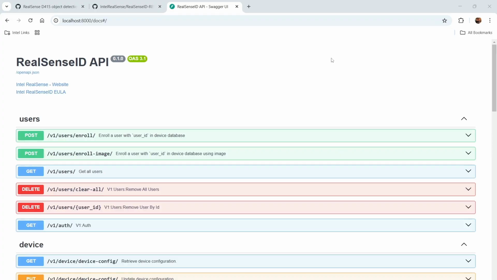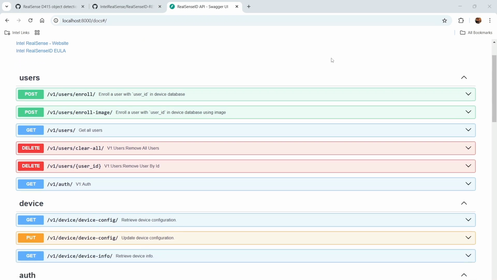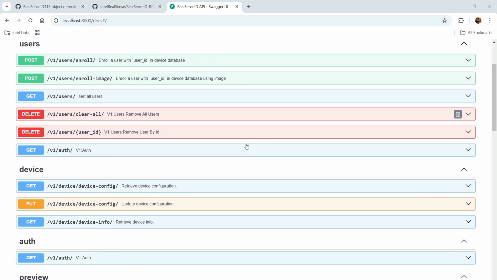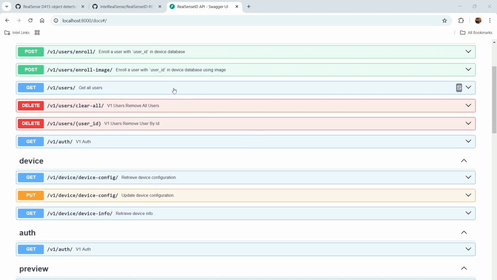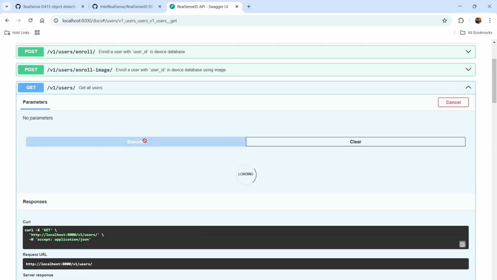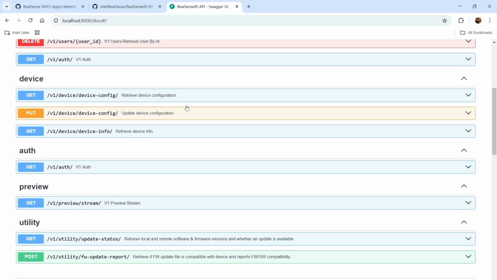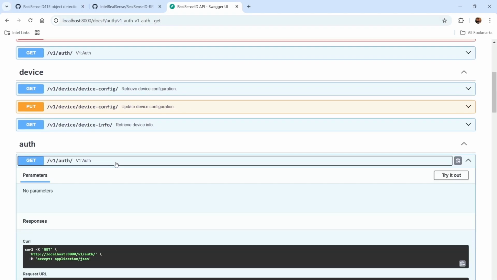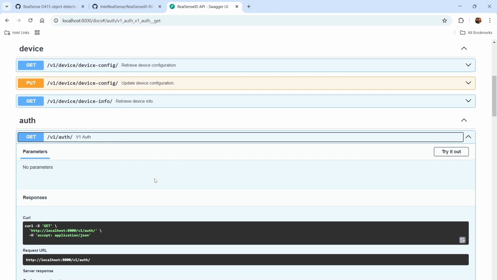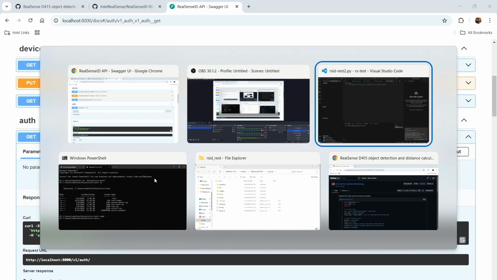Let's see. Okay, here's the RealSense ID Swagger REST API doc. And you can execute inside of these things like list the users on the camera. We can execute, and sure enough, it says Chris is the only user enrolled on the camera. So let's use this V1 auth endpoint to try to do an authenticate, but we're going to have